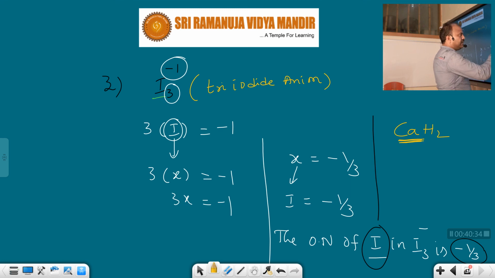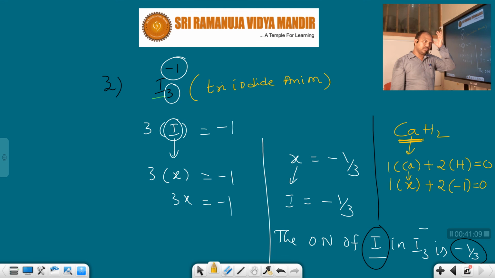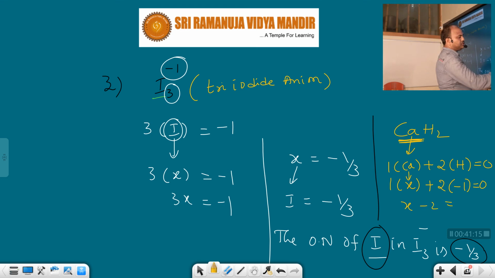We have to find the oxidation number of calcium because I put the underline on calcium. How many calciums are there? 1 calcium. How many hydrogens are there? 2 hydrogens, is equal to its charge. It is a compound, that's why equated to 0. Calcium we don't know, say X. Hydrogen, don't write +1 because this is a metallic hydride. In metallic hydrides, hydrogen exhibits oxidation number -1. Otherwise generally hydrogen exhibits +1, because alkali metals, hydrogen, lithium, sodium, potassium, rubidium, cesium, all these exhibit +1 oxidation only. So X -2 is equal to 0.